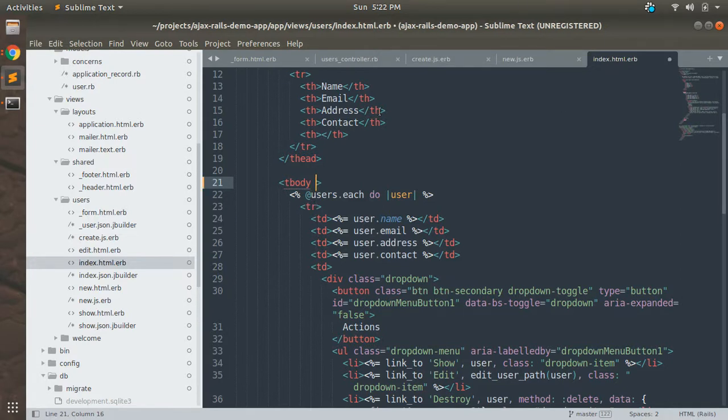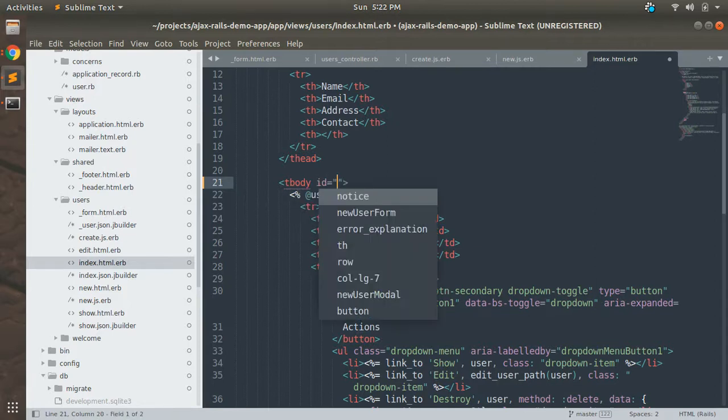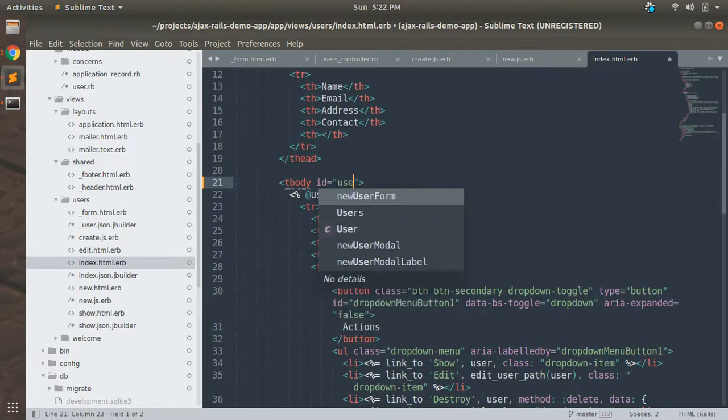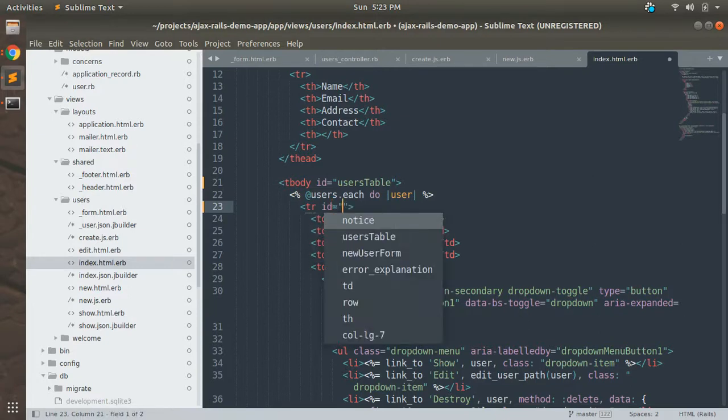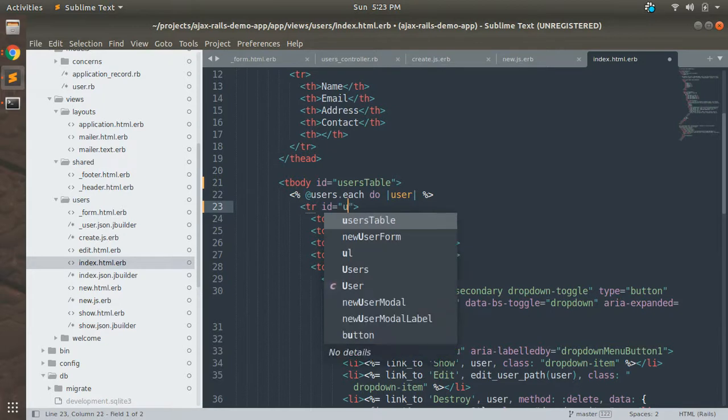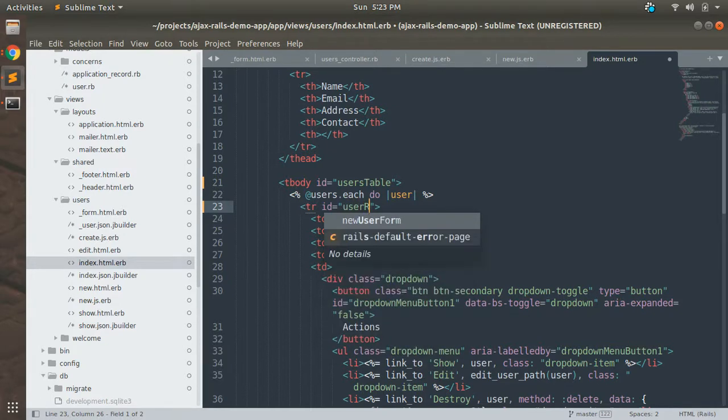Let's add an id to the table body. We will add the id here, that is users table. We will add another id here, that should be like id user row underscore.